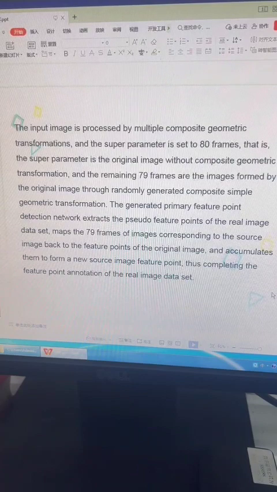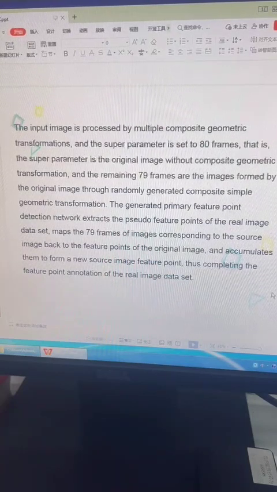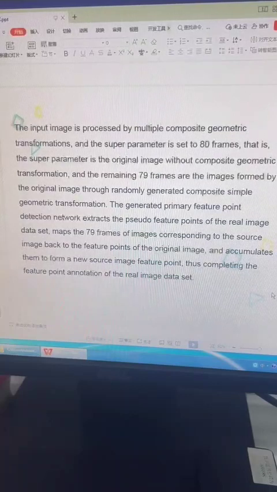That is, the super parameter is the original image without position geometric transformation, and the remaining 99 frames are the images formed by the original image, show randomly generally